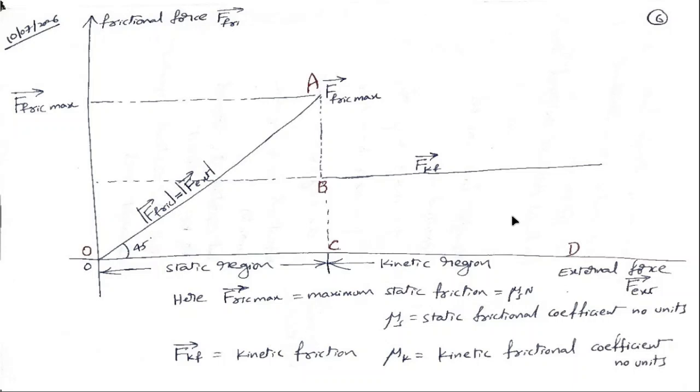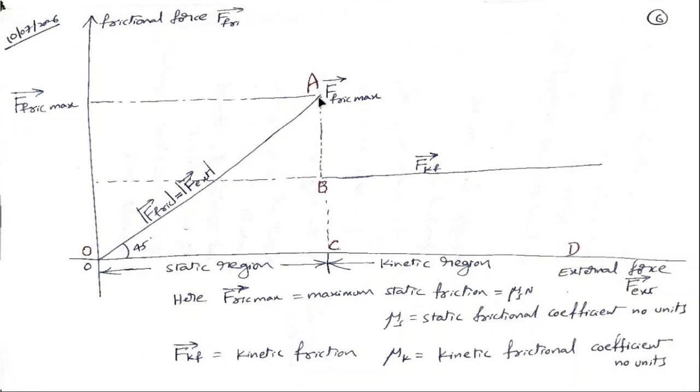This is frictional force versus external force. From 0 to a, the graph is a straight line making an angle of 45 degrees. Making an angle of 45 degrees means y is equal to x. The graph is y is equal to x. Here on the y-axis you are taking frictional force, on the x-axis you are taking external force. Therefore, the equation is: the magnitude of frictional force is equal to the magnitude of external force. y is equal to x means the magnitude of frictional force is equal to the magnitude of external force from 0 to